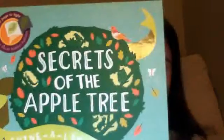Okay. So I'm going to talk about some of my favorite books with Usborne. And one of the most popular books is Secrets of the Apple Tree. This book is called a Shine a Light book, and this book is super duper cool. What this book does is,